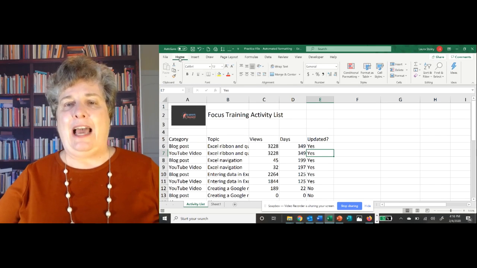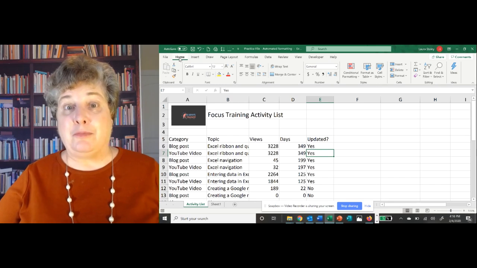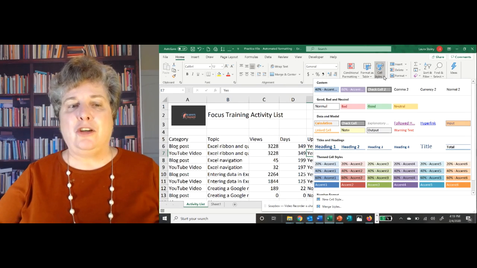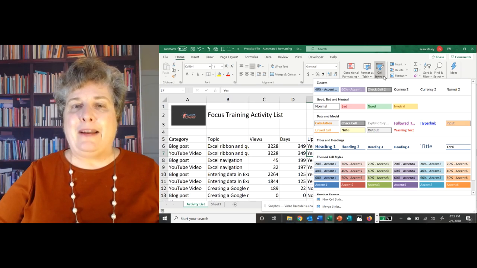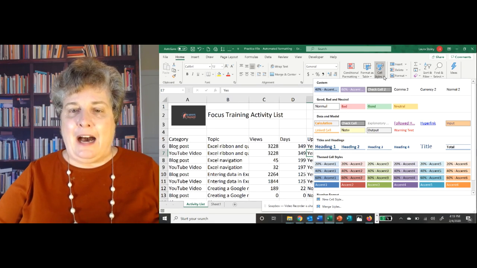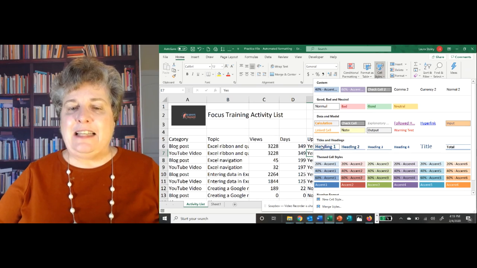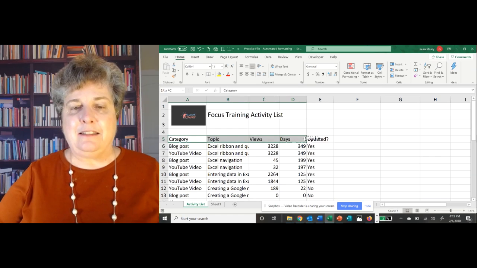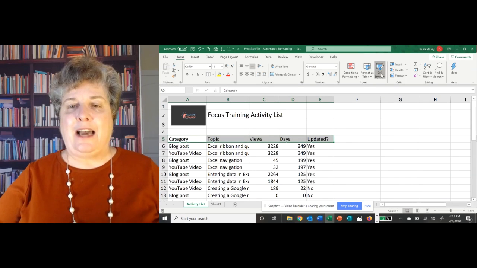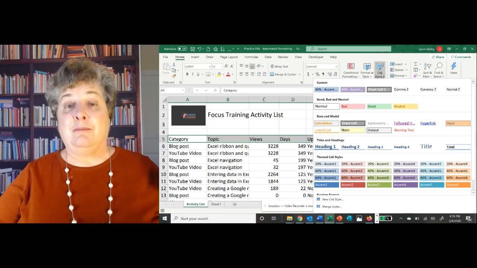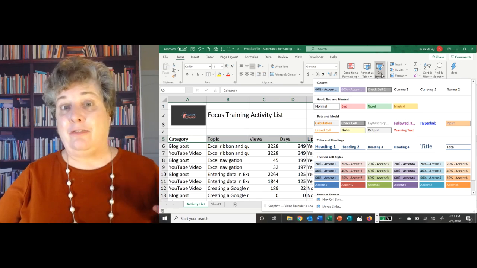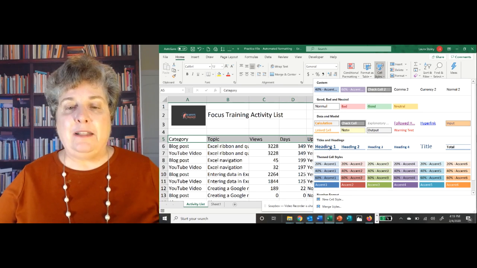Now, back on the Home tab, there are some other options, and these are ones that I have used quite a bit. Now, there is cell styles. I'm going to click on this to show you, and then I'll show you some ways that you might apply it. So, for example, one of the ones that I have used is the heading style. So if I highlight my headings and then come to cell styles, it will apply these styles to whatever cells you have highlighted. So do that first. And I choose the heading 1 tab,